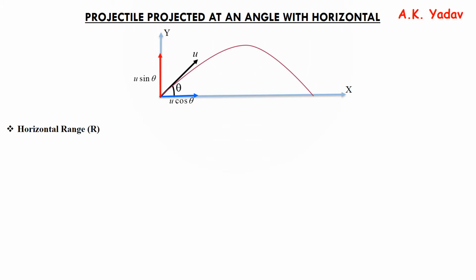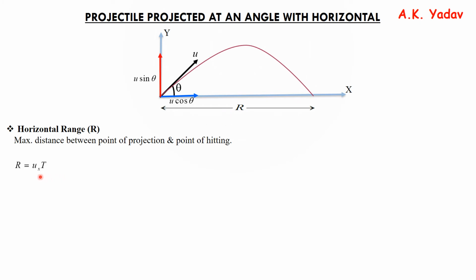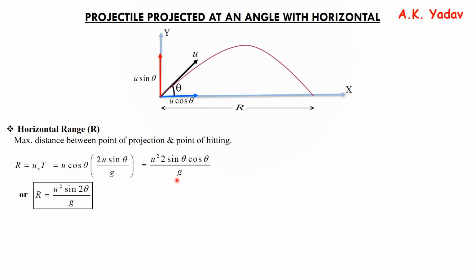Let us find the next thing, which is horizontal range. It is the maximum distance between the point of projection and the point of hitting. So in the diagram, R is the horizontal range, which is equal to horizontal velocity into time of flight. We put their values, and what do we get? We get R is equal to u square 2 sin theta cos theta upon g, which can be written